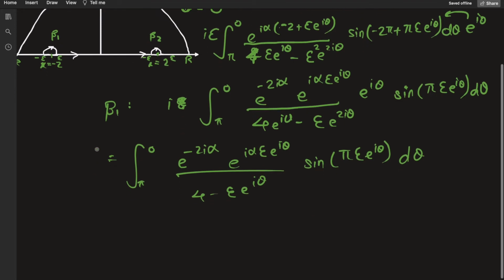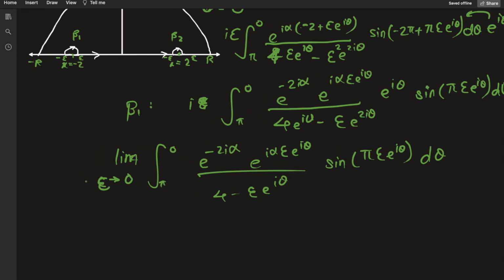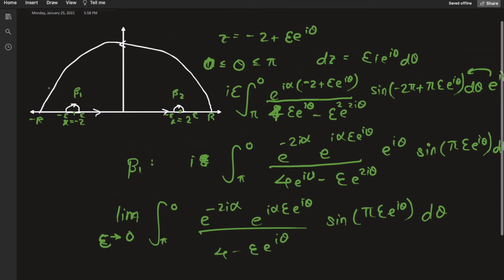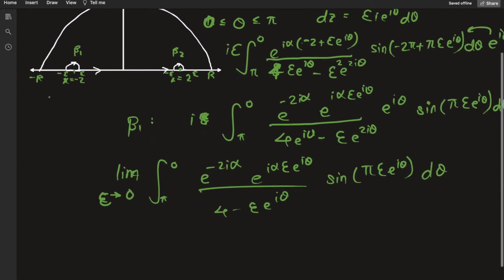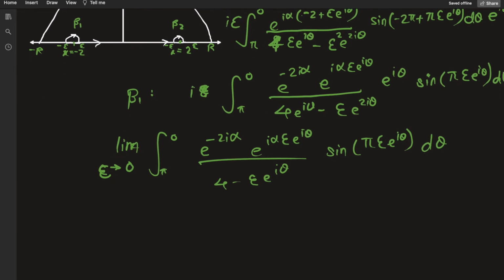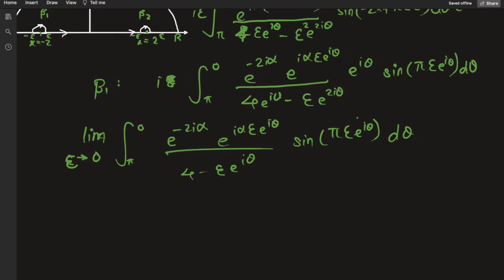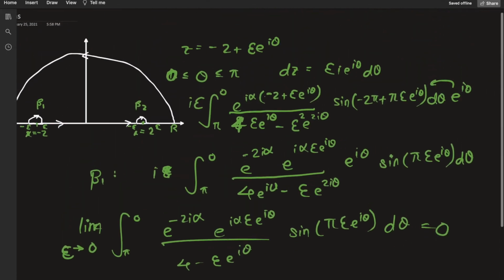And now I would like to take the limit as epsilon goes to 0, because I want to make this path looping over the poles as inconspicuous as possible. Because of the convergence of the integral, I can take the limit inside. When I do that, the exponentials will become 1, the denominator will become a 4, but there's a sine which will make everything go to 0. Now for beta 2,